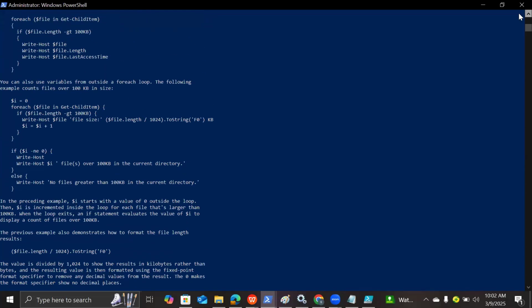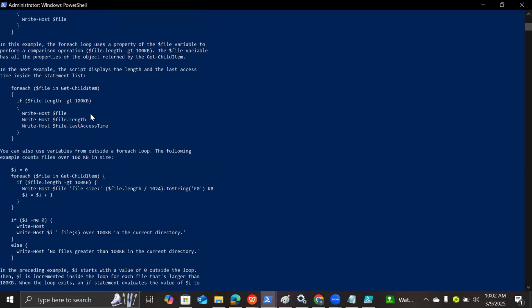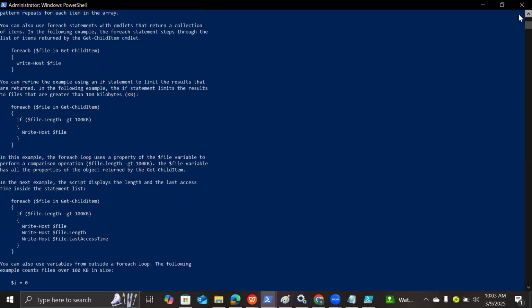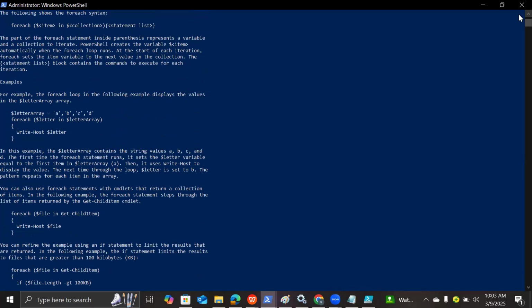This is what you are going to do in an actual office, in a production requirement. There are two things you need to keep in mind. Just think about this format and how it works. Here is the syntax: $item in $collection, and a statement. Now the example says, for the foreach loop, the following example displays the values of